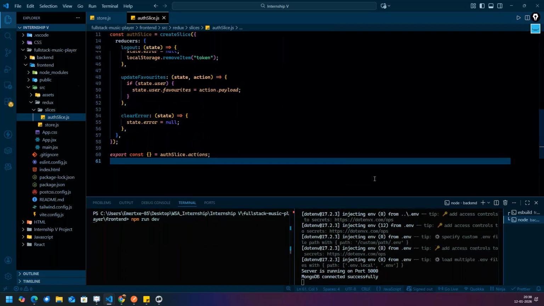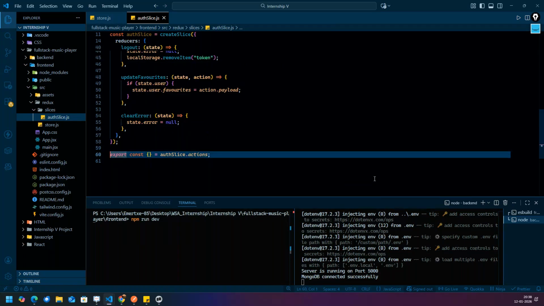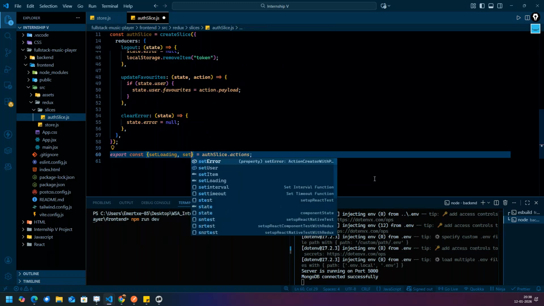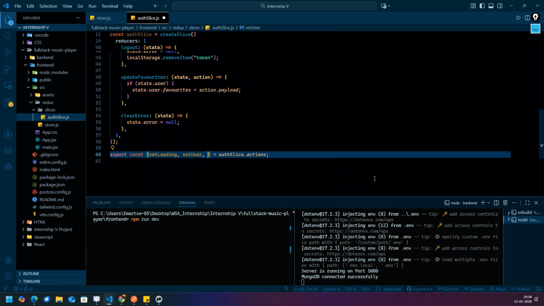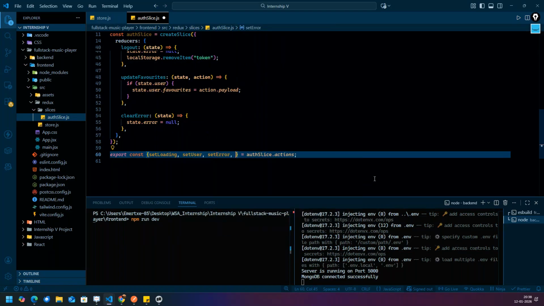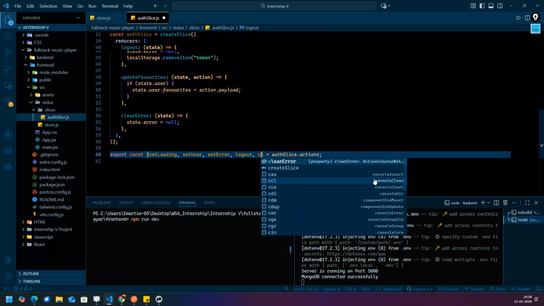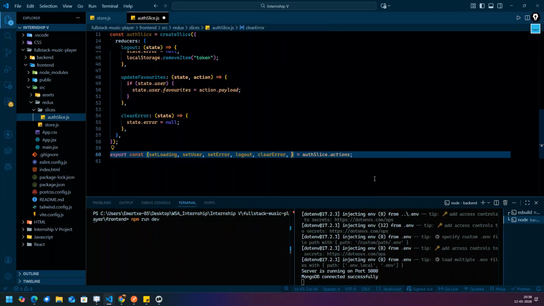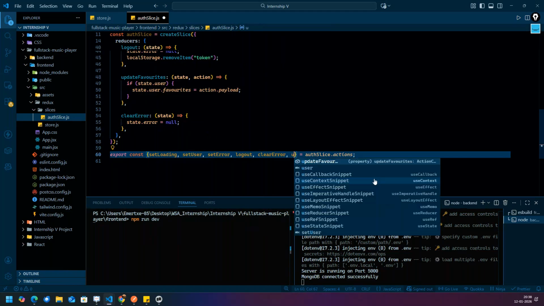These are the actions which are going to take place. Suppose setLoading you have written, setUser, setError, logout, clearError, and then updateFavorites you have written.